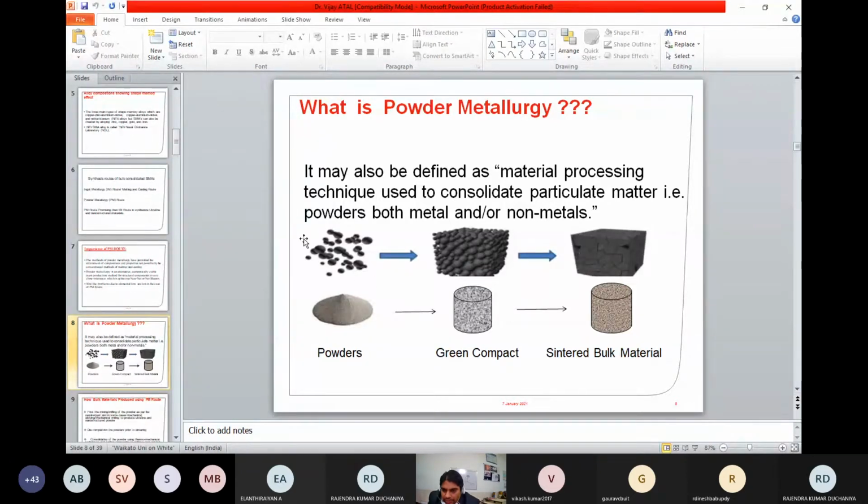In some cases, people also go from powders directly to a bulk material. How? By hot pressing, or by using hot isostatic pressing to produce a direct bulk material from the powders. There are different types of techniques. In some cases, powders can be directly forged, so that also can be done. Anyway, this process of conversion of a green compact to a bulk consolidated material, which is with bonding, is called consolidation.